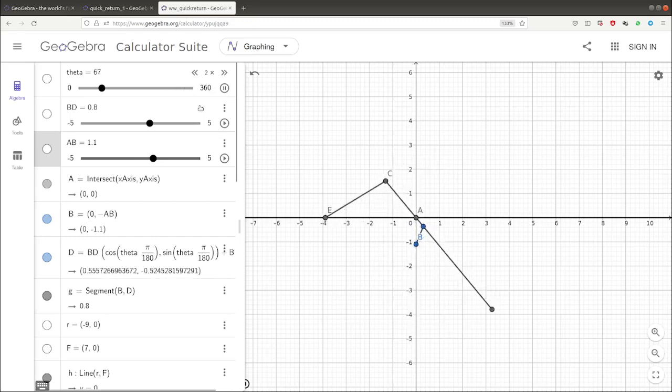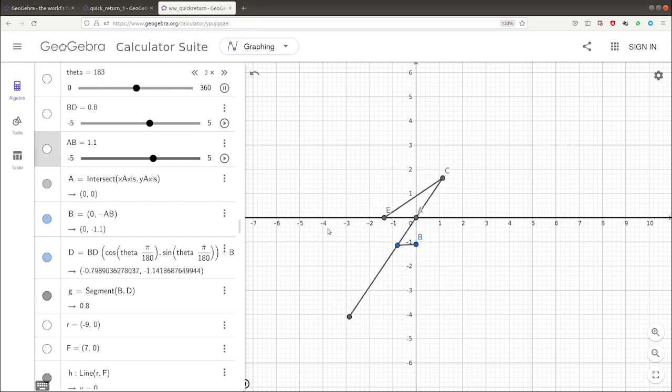What about the stroke? Notice the stroke. The stroke is somewhat like this, so it's between -1 and slightly more than -4.